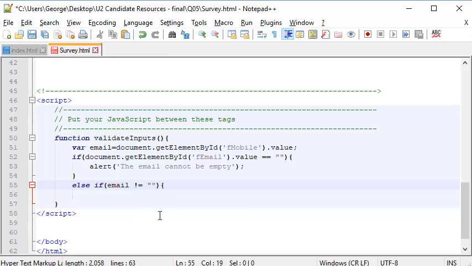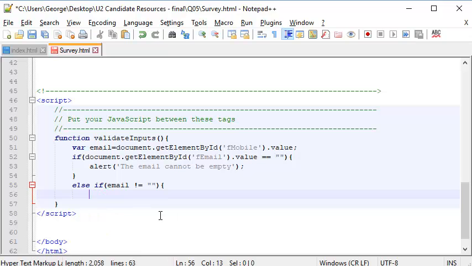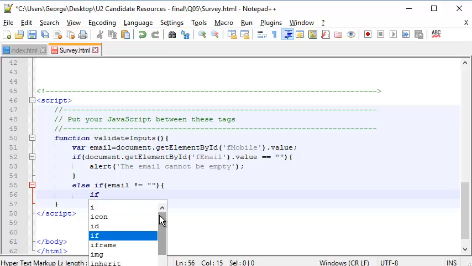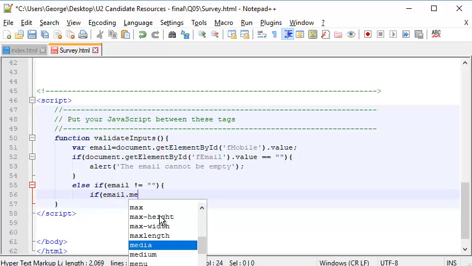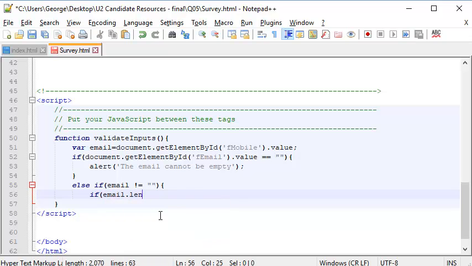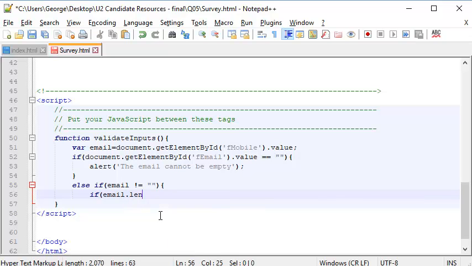So if email is not empty, then we'll do another validation. So if email.length is less or equal to 10, which means it's less than 11 characters, then we'll have